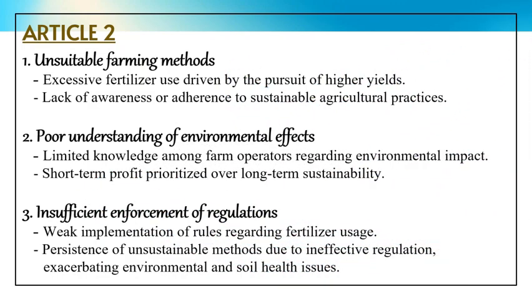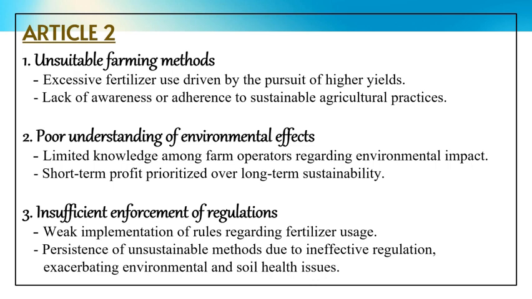To begin with, we have unsuitable farming methods. The persistent and excessive use of fertilizers by agricultural operators in Cameron Highland is the primary culprit behind the hazard. These farmers apply large amounts of fertilizer without proper control, driven by desire for higher yields or a lack of awareness of sustainable practices. Unfortunately, this inadequate method of farming leads to soil degradation, rendering the land unsuitable for cultivation